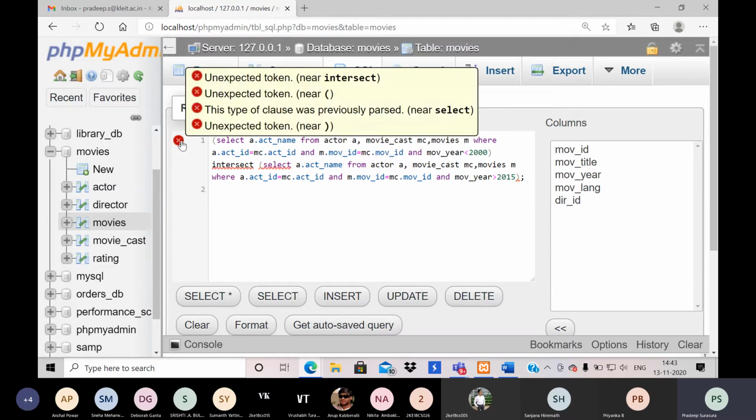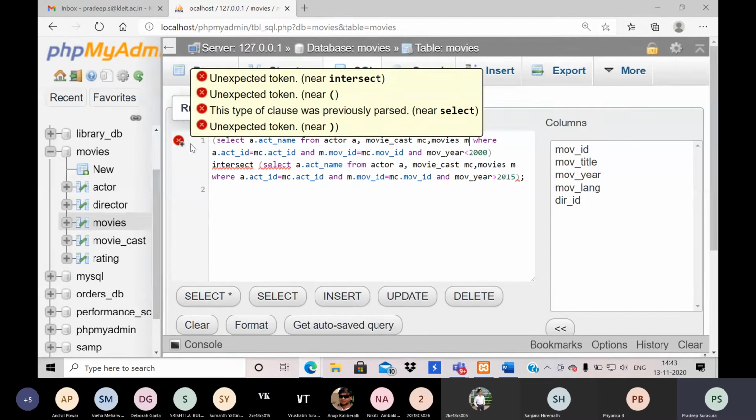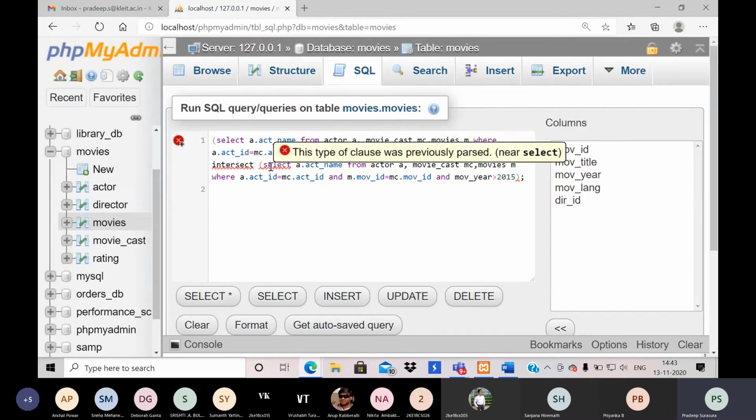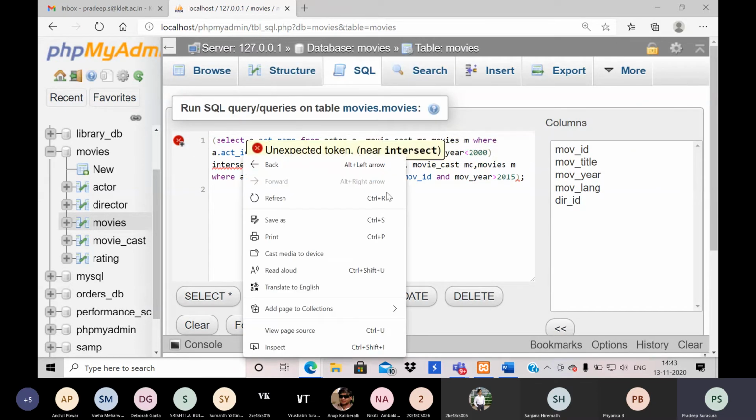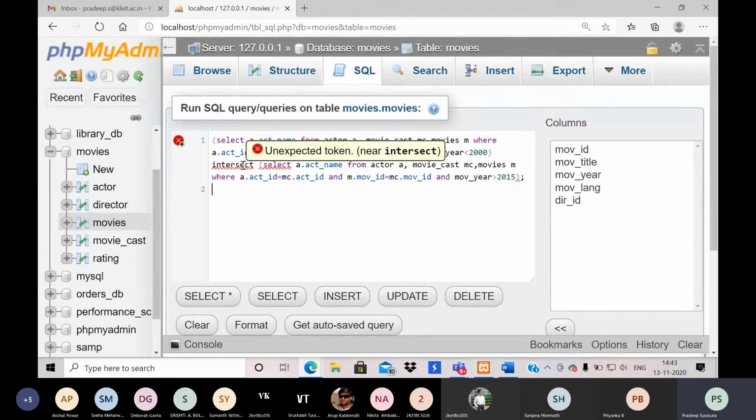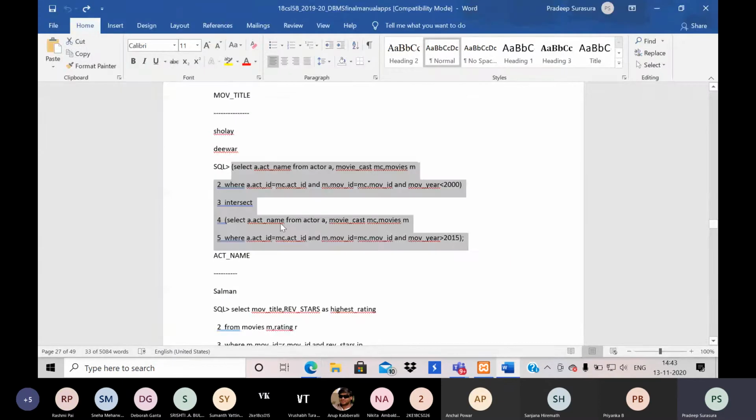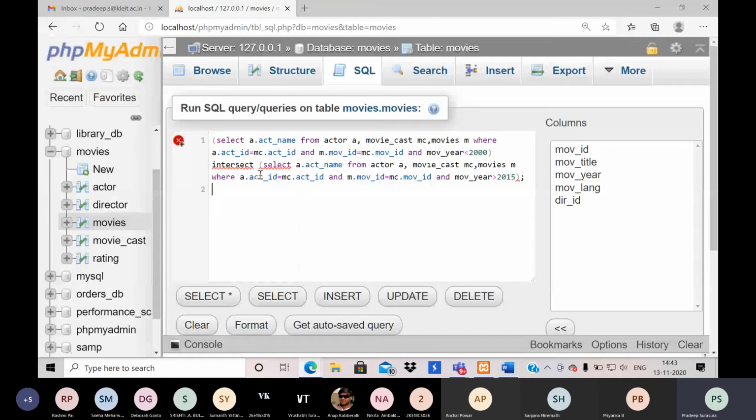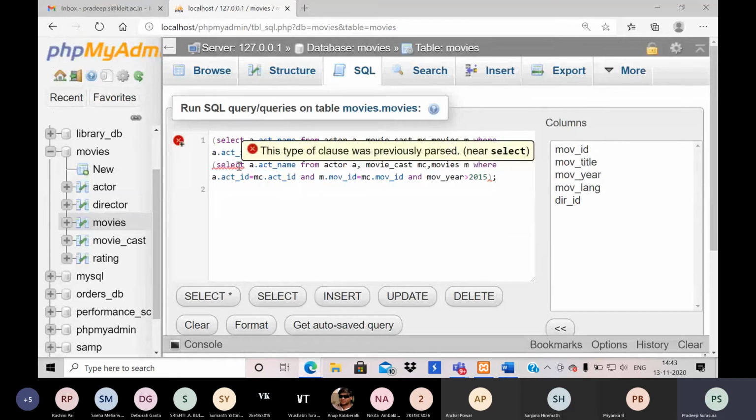What is the expected here? Unexpected token here. Okay, intersection is not here. In this portal I cannot use intersection. So it should be movie, the person who has acted less than